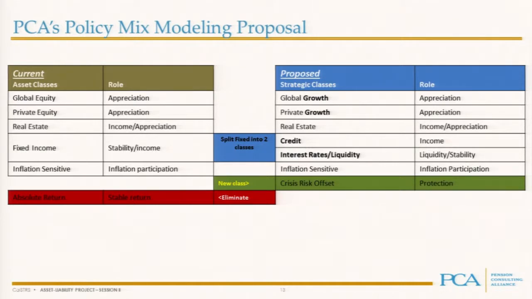So that's one of the bigger changes that we propose that we'll model versus the last time we did this. And then the other two colored boxes there are, absolute return. We talked about that in the last asset liability study. It has a strategic allocation of 0. We're not going to even model that anymore. In its place, I think staff, Makita, PCA believe that there is another solution set. We all have a little bit different version of it. We call it crisis risk offset.